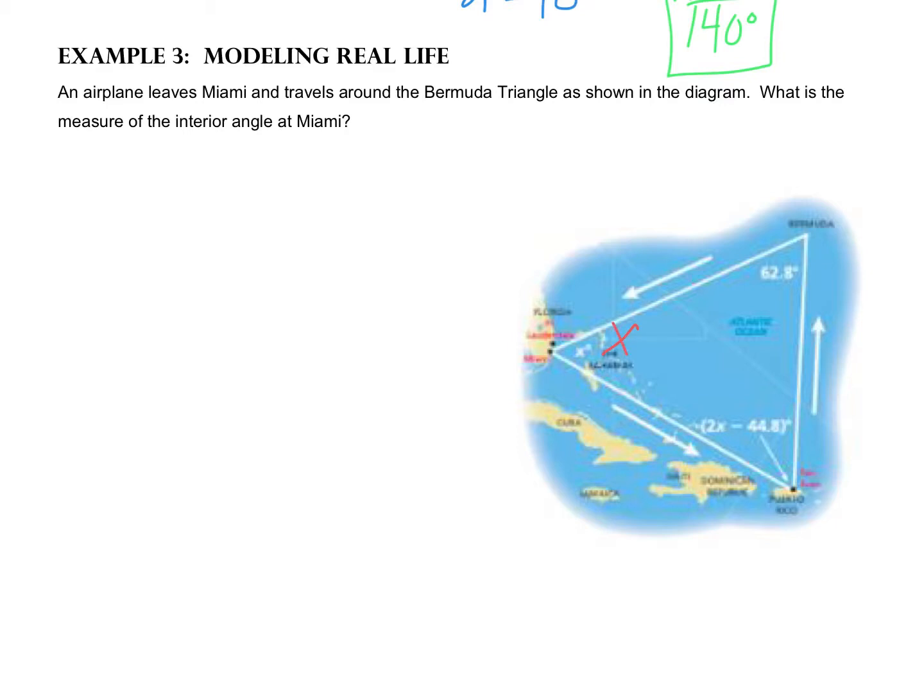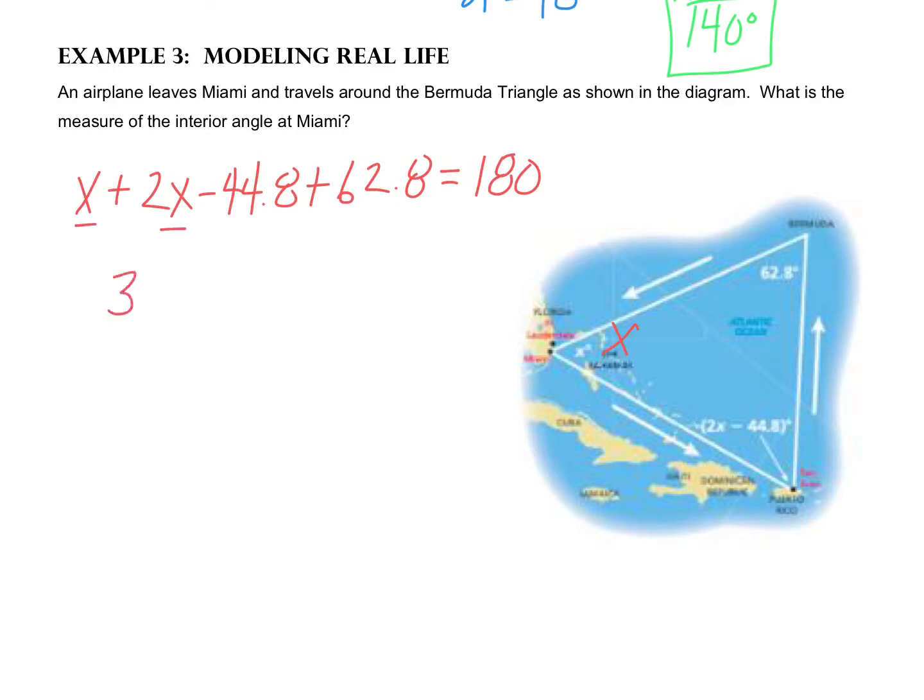That's the Florida one. So again, we want to remember interior angles means if I add up all of my angles, we should get 180 degrees. So my first step is just to plug in the formula or the information that we know. The three angles added together, the sum is 180. So I can combine like terms here to get 3x. I have negative 44.8 plus 62.8, which is 18,